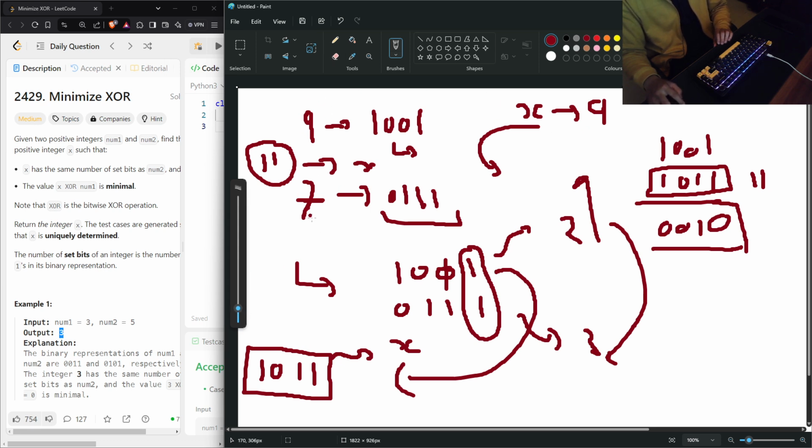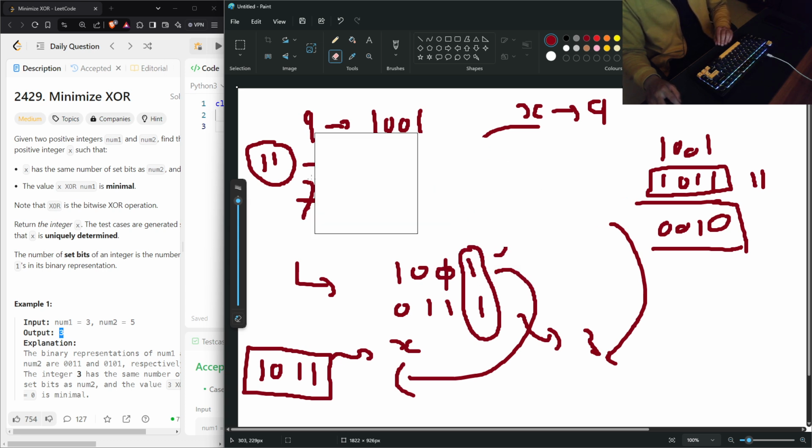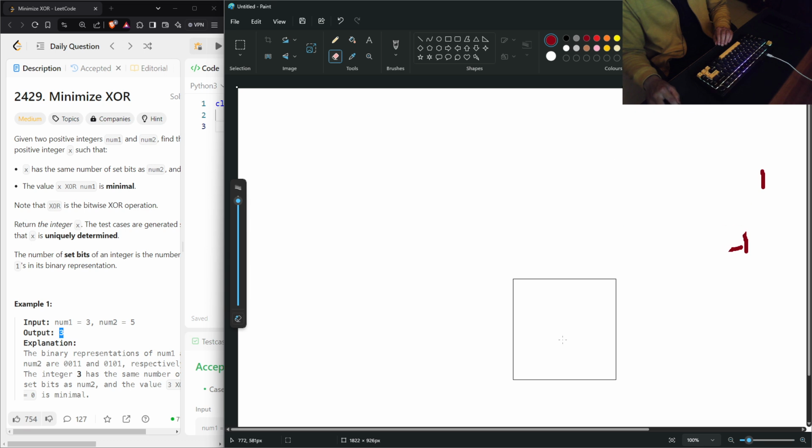So this was the case where the number of 1 bits are less in x initially, so we had to increase the 1 bits, as we just saw. Now let's take a case where the number of 1 bits in num1, which is x, are initially greater than that of num2. In that case we'll have to reduce the number of 1 bits in x so that it matches that of num2. So in the case of 15 and 7,